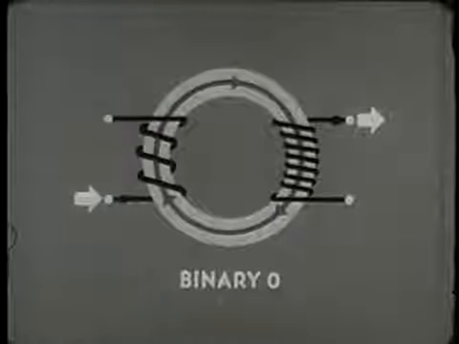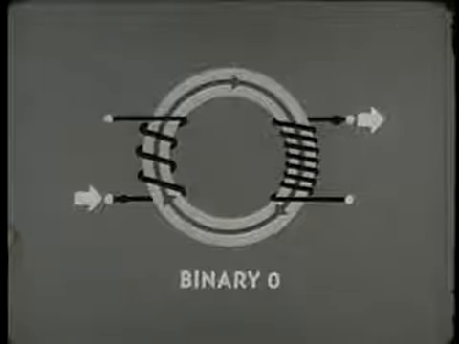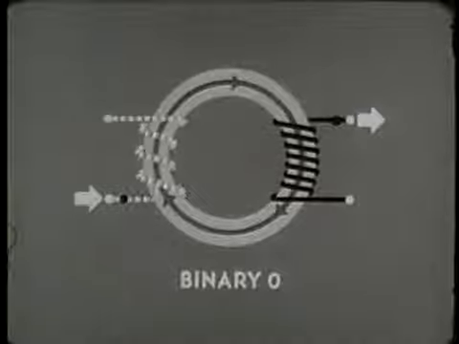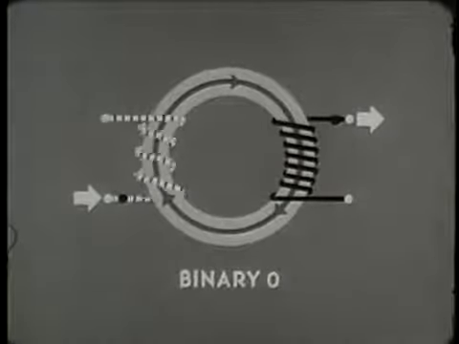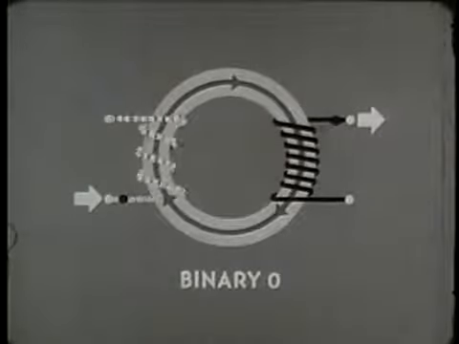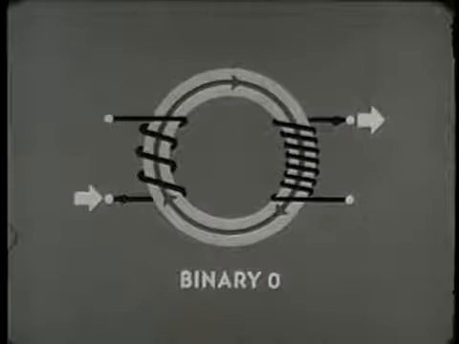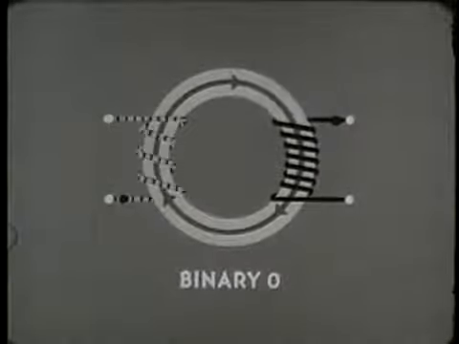When dot current moves into the input winding, it causes the current to move out the dot side of the output winding, provided the input current produces a change in flux. For example, our core is now set at binary 0, so a second pulse of dot current will have no practical effect. The core is already at the level of negative residual magnetism. There is no change in flux, and therefore no output current. However,